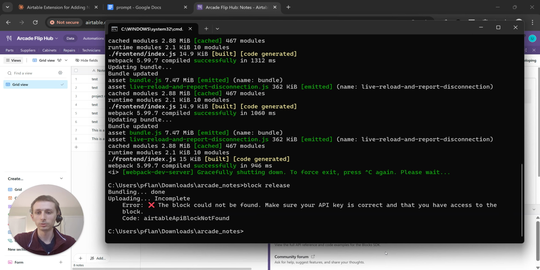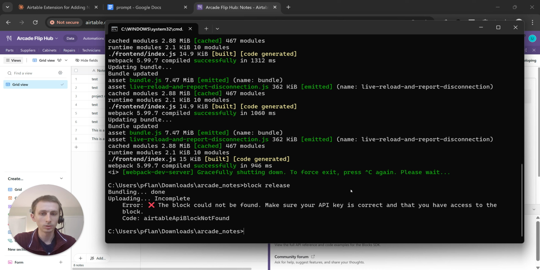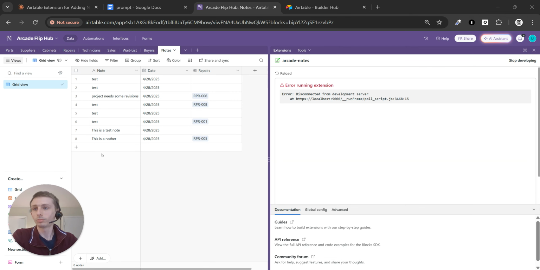Lock cannot be found. Give me just a second. I'm going to get that taken care of, and I'll be right back. All right, and so I had forgotten a key step, which I'll go ahead and go over now,